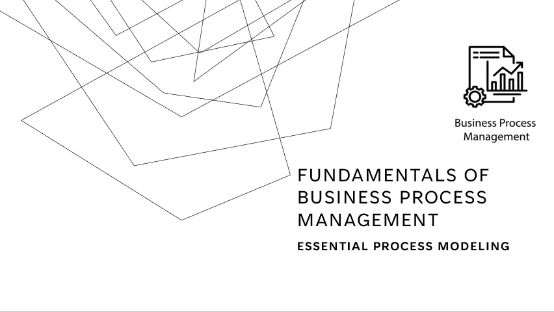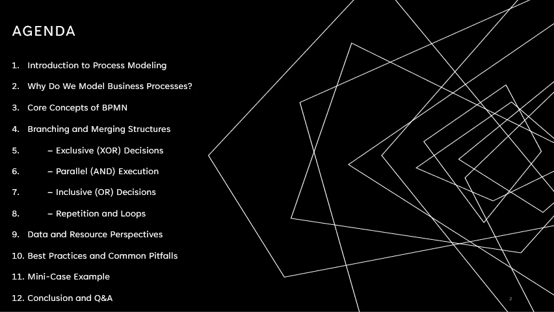I will walk you through the agenda first. Here's a quick overview of what we will be covering today. We'll start with a brief introduction to process modeling and then discuss why it's an essential part of business improvement. Then I'll explain the core elements of business process management, and the language used to represent processes visually. After that, we will explore how different gateway structures like exclusive, parallel, and inclusive decisions shape the flow of the process. And we will see how loops and repetitions are represented as well. We'll then look at how data and resources are modeled, go over some best practices, and then some common mistakes